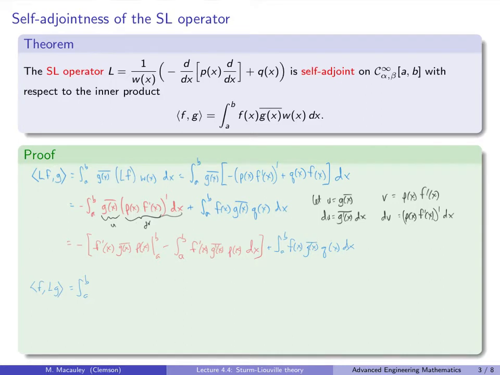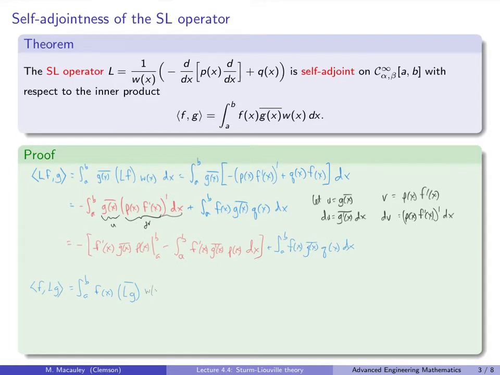So f dot lg is the integral from a to b of f of x goes here, and lg bar goes here. So it's f times the complex conjugate of lg, and then we need that weighting function,